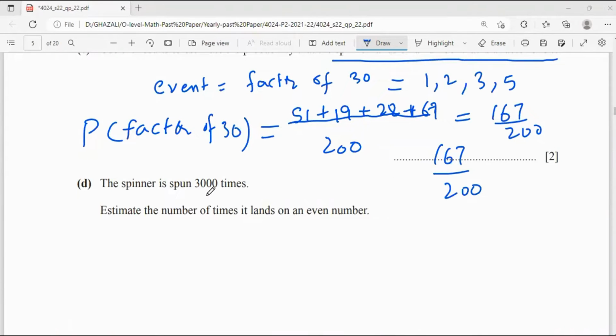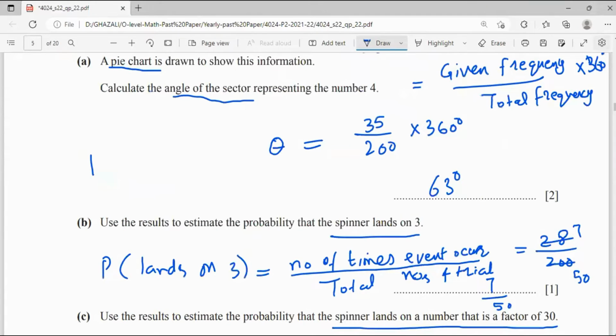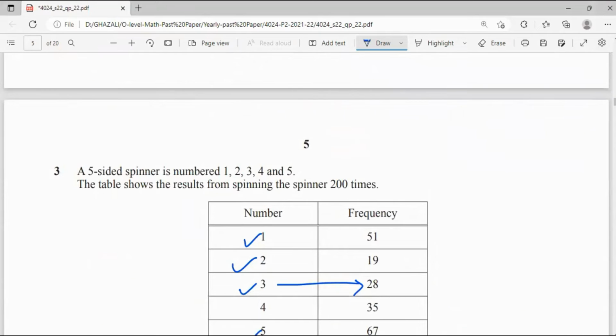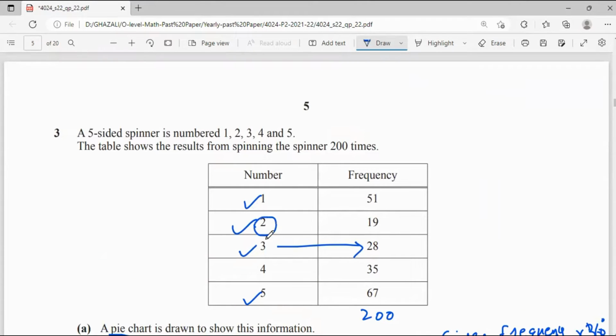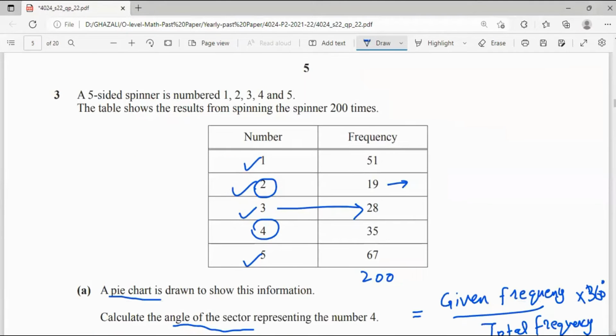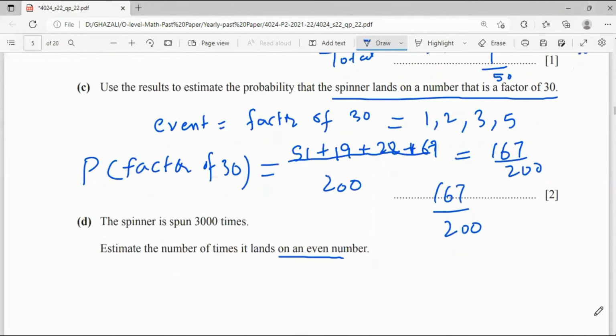The winner spins 300 times. Estimate the number of times it lands on an even number. First we check the even numbers here. The even numbers given are 2 and 4, and the frequency of the even number 2 is 19 and of 4 is 35. Now the probability of an even number